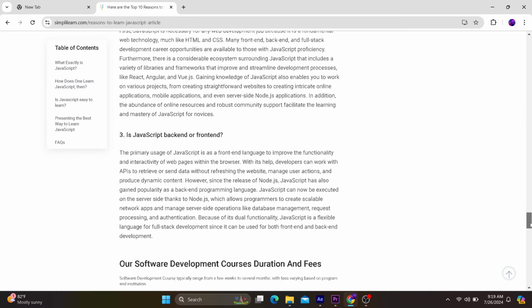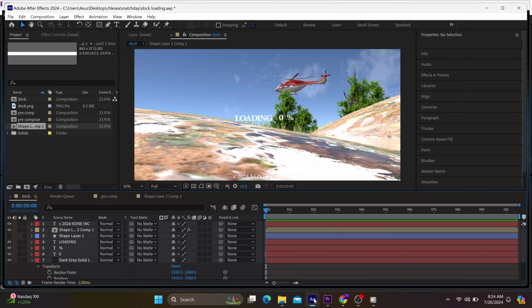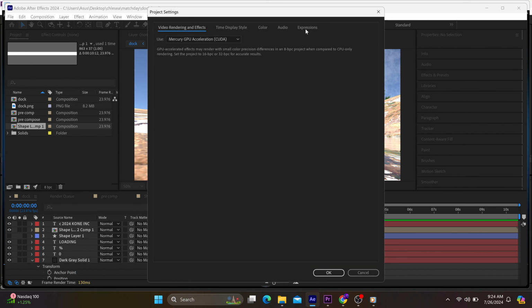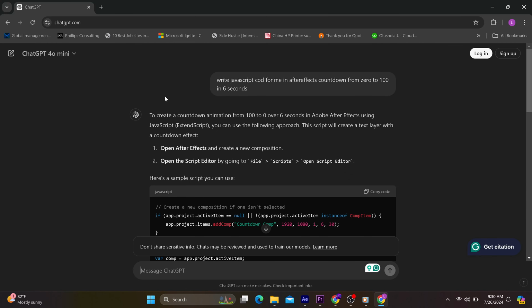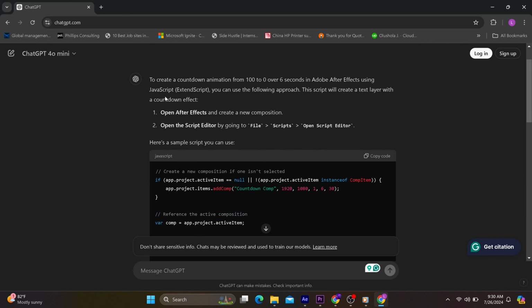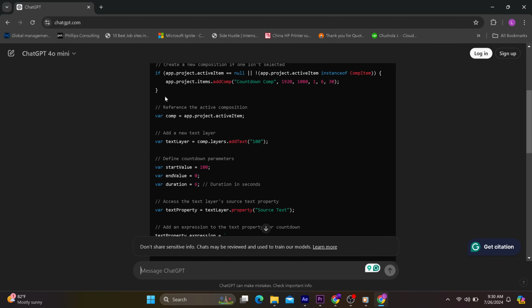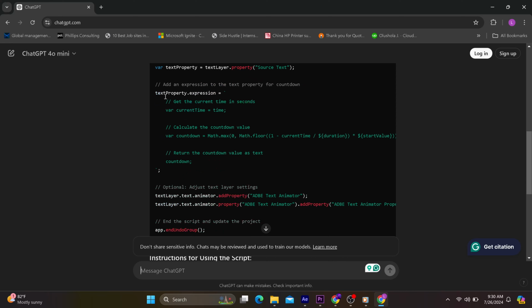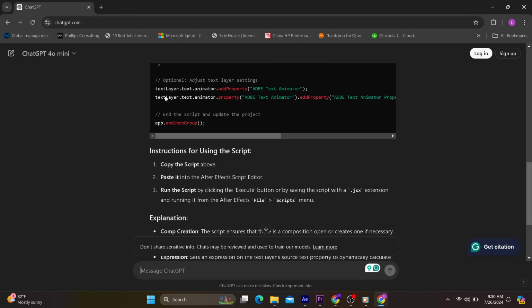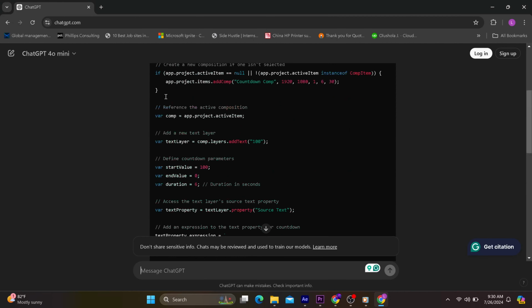All you need to do is simple. First, you go to your project settings and branch out to expression. While at expression, you change the command line to JavaScript. And on the other side, you open your browser. It might be Google Chrome, whichever web browser you use, and you go to ChatGPT. While you are at ChatGPT, you send out an instruction to ChatGPT to generate a code for you, just like